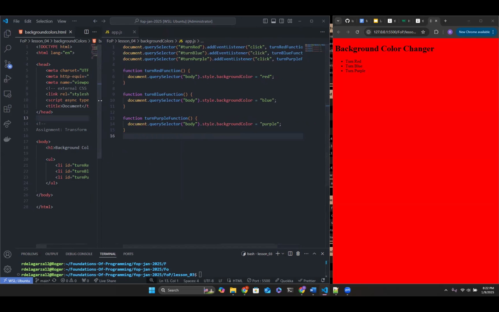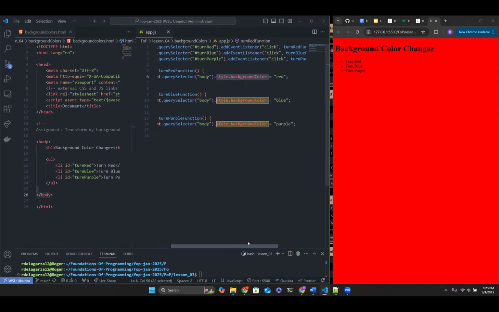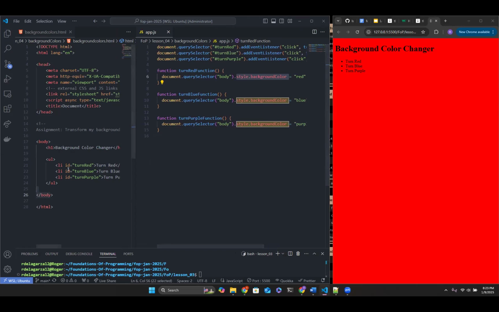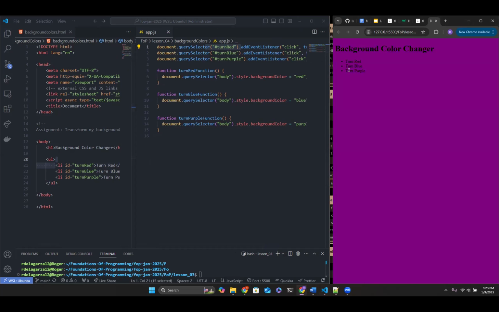These functions are grabbing the body tag in my HTML, right? The entire body, not the individual list item, but the entire body. And then it's grabbing the style attribute from that element. It's changing the background color to red when I click on the list item with the ID of turn red. When I click the turn blue, it does the same thing for blue. And we see the same thing for purple.